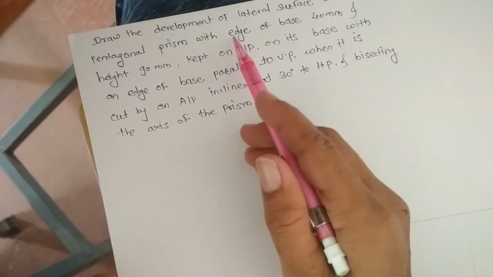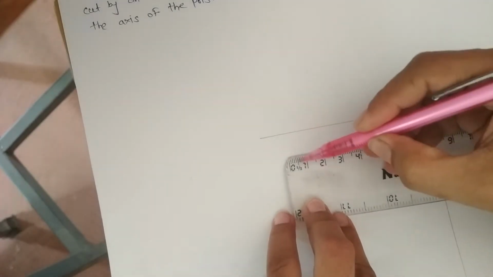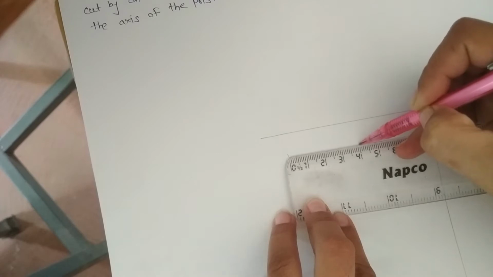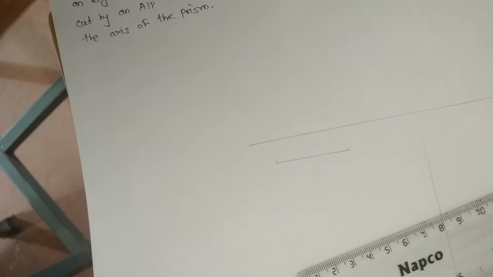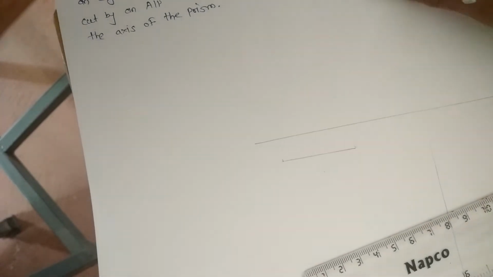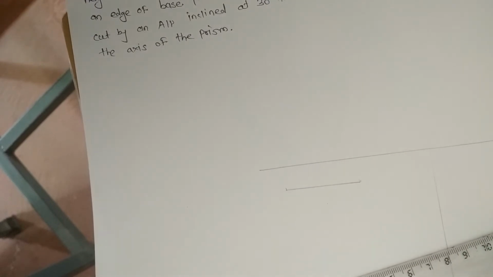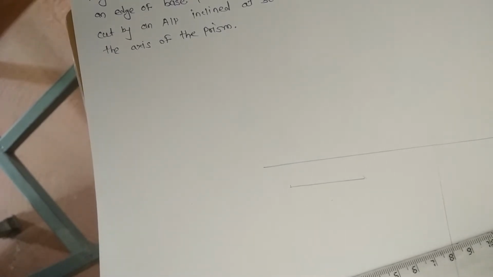In the problem, it is given that the edge of base is 40 mm. So take a distance 40 mm and draw one horizontal line. Now in the problem it is given that a pentagonal prism of 40 mm side. So take a distance 40 mm in the compass and